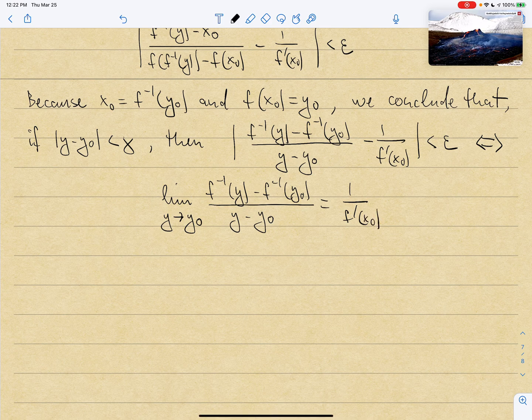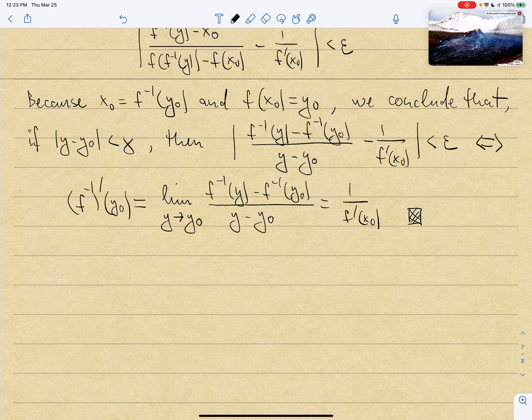But then, of course, this limit is nothing but the definition of the derivative of f inverse. So f inverse prime evaluated where the limit is taken as y goes to y0, so this is y0. And so we're done. Okay, and so now we can use